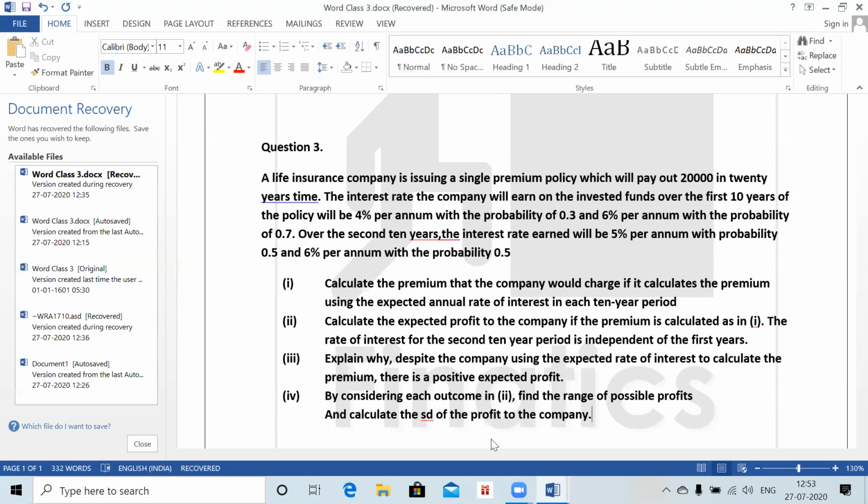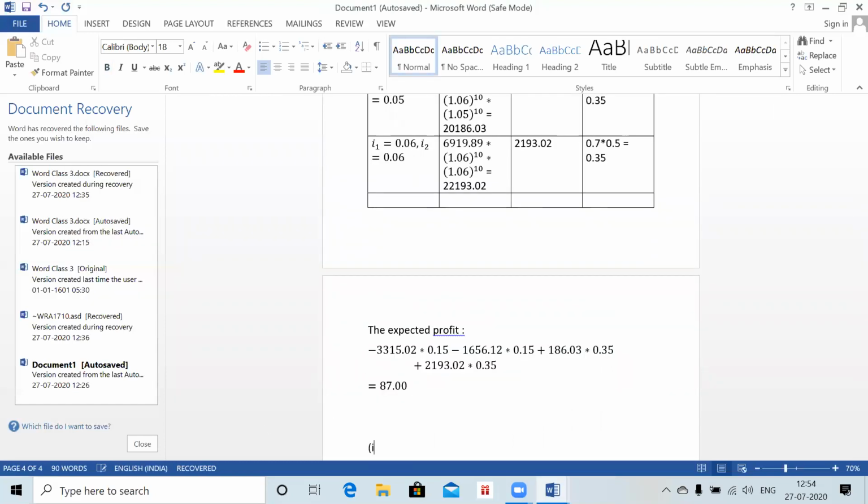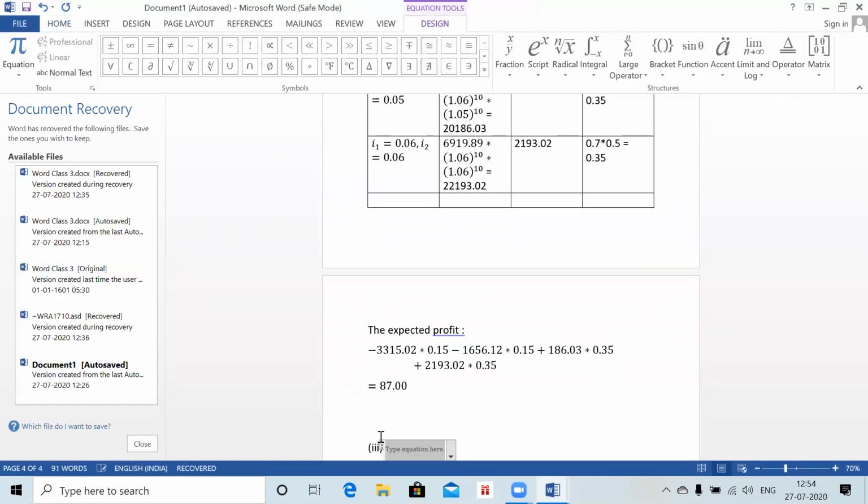Third part karna: explain why, despite the company using the expected rate of interest to calculate the premium, there is a positive expected profit, and then we have to find the range of the profit. So first third part dekh lo. For third part,